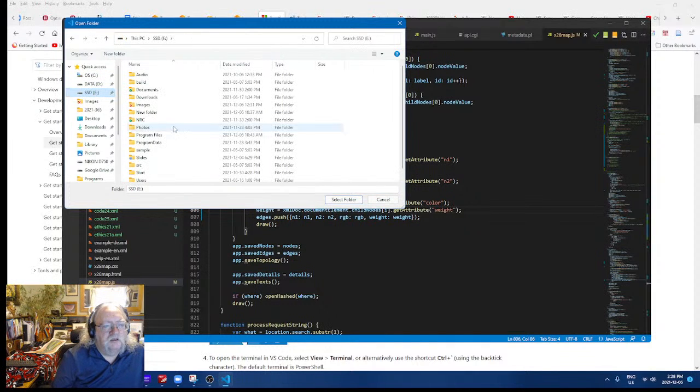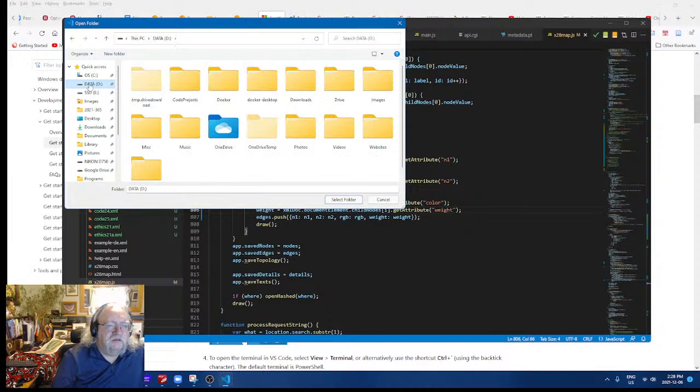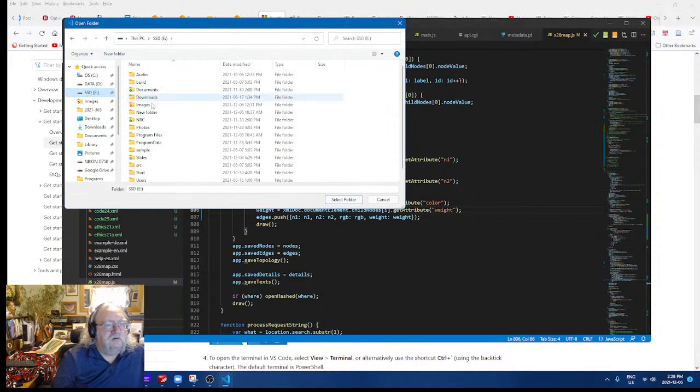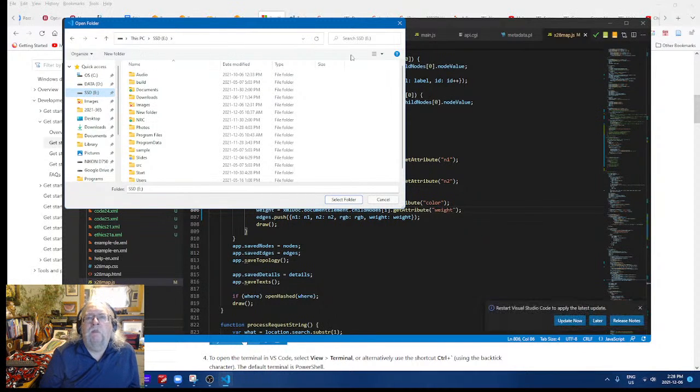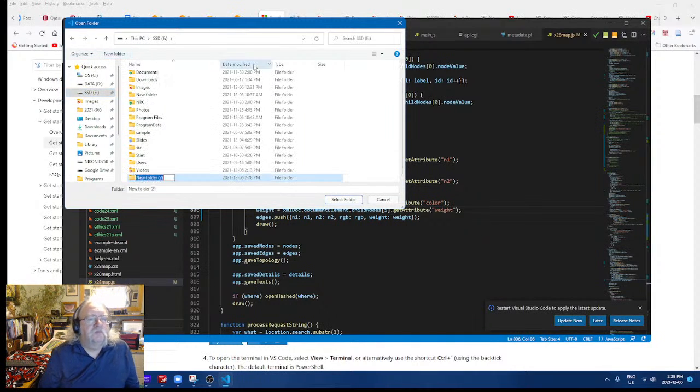So I'll go here. Oh, do I do that in D? Yeah. Really should do it on E. Everything's a lot faster on E, so maybe I'll create a directory on E. D is the regular hard drive. E is my solid state drive. That's why everything's faster. So new folder, code projects.